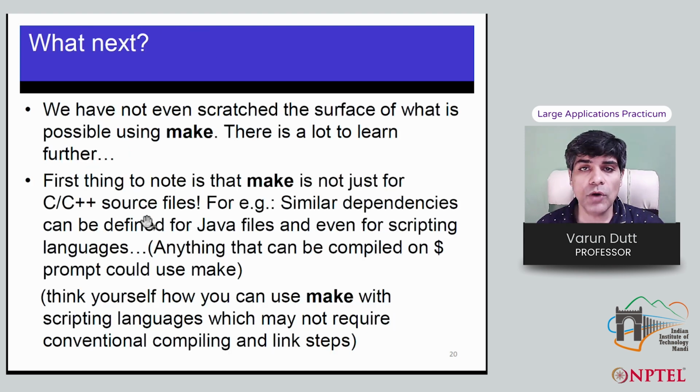Right now, what we have learned is that we have just scratched the surface of what is possible with make. There is a lot more to learn. Remember, I also taught you about phony targets, which have a dot in front of their name, like .routine. Although I did not specifically give you an example, such phony targets can be used to execute a number of recipe statements which need to be done.